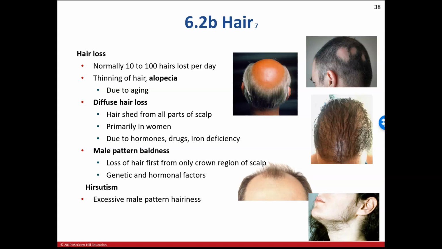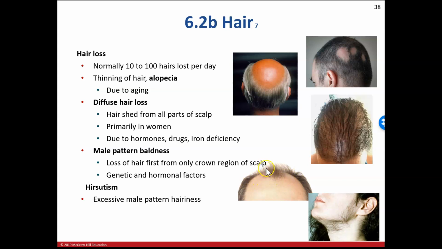When we have an excessive amount of that, then we can have thinning of the hair known as alopecia, and this could be due to aging. We can have diffuse hair loss, which is pictured over here, where the hair is going to shed from all parts of the scalp. This happens primarily in women, and it's due to hormones or drugs or an iron deficiency. You may have also heard of male pattern baldness. This is when we have a loss of hair first from only the crown region of the scalp,